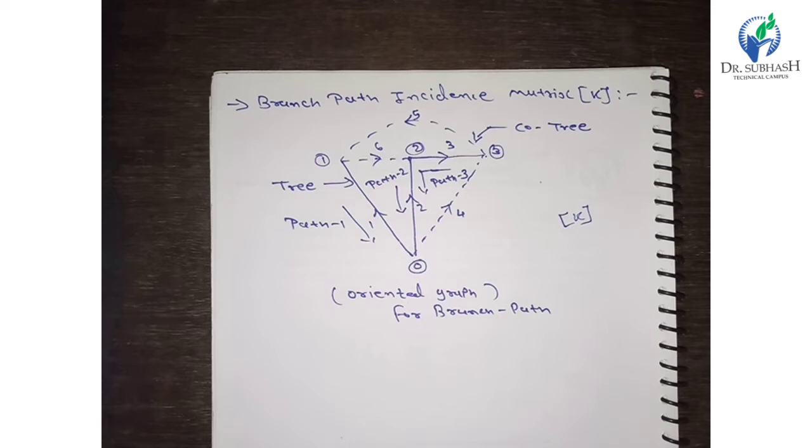We know that the branch path incidence matrix is also known as the bus incidence and element node incidence matrix. The branch path incidence matrix shows the incidence of branches to path in the tree. The elements of this matrix are decided by the operators, indicated as a positive or negative sign.